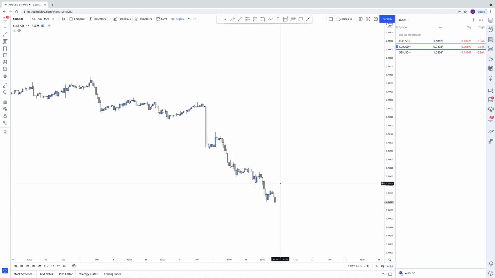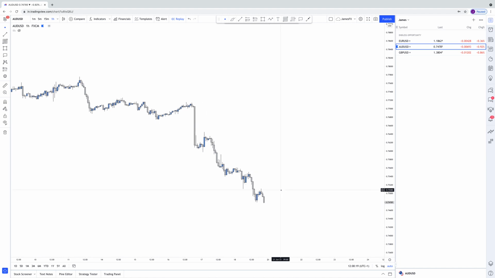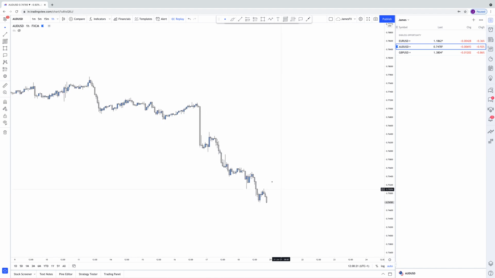If it breaks in the form of seeking liquidity, then it's not really a trend change. We may just be tapping into that order block there and then get short from here. But if we break with momentum, then we can look at looking for longs at that new sort of demand level and look for a shift in momentum and look to get long from there. But it depends how price is and how we break. So that's what I always say. It's about how price breaks. But AU,